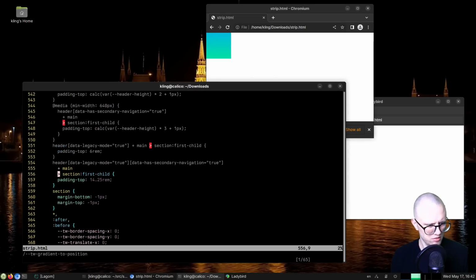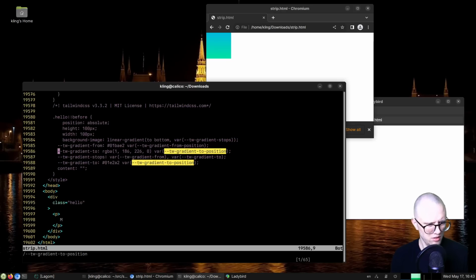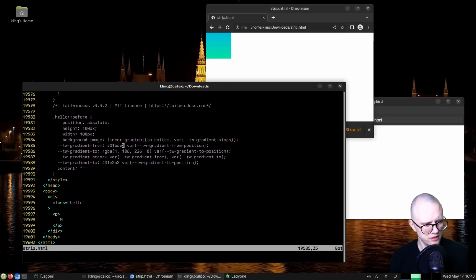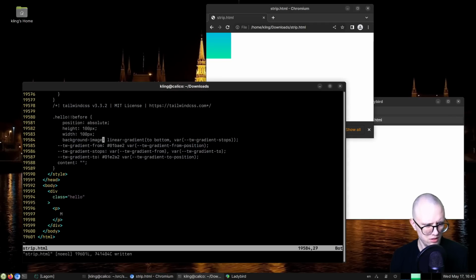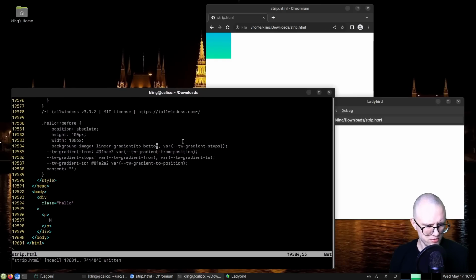It's a little strange. All right, let's just clean up the CSS here. So we have to twice, so we can delete the first one. And maybe we can get rid of the variables. So TW gradient stops